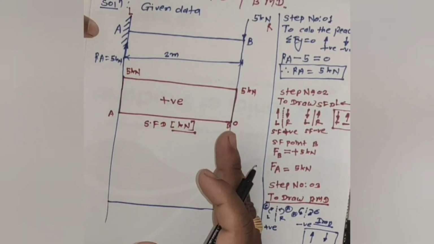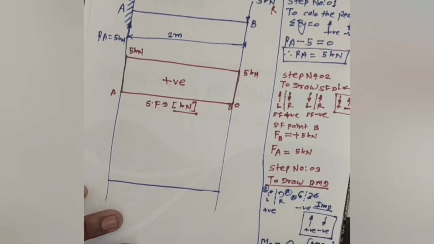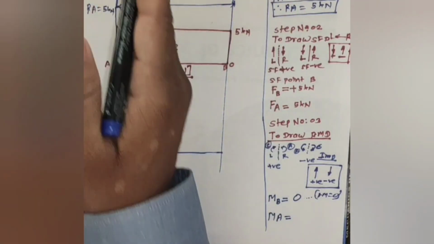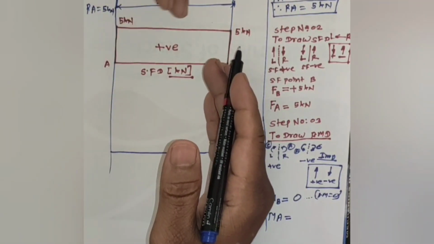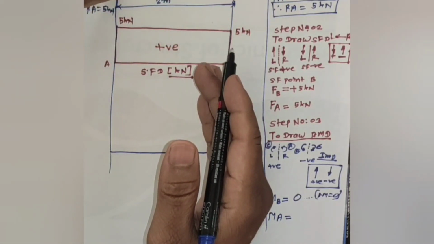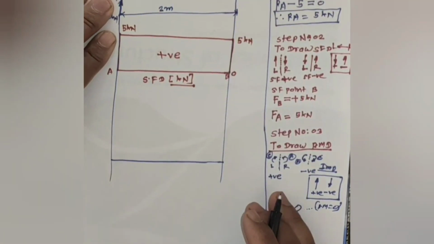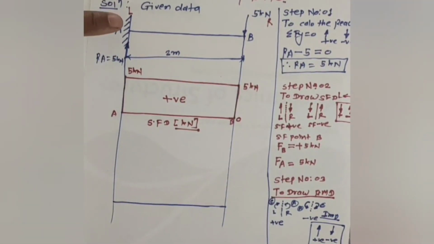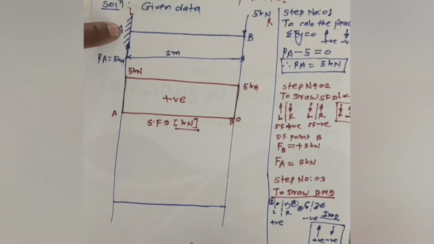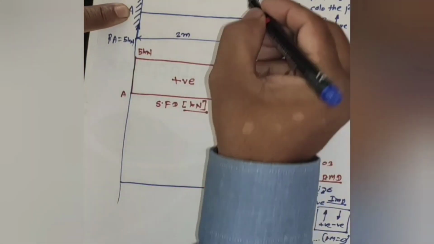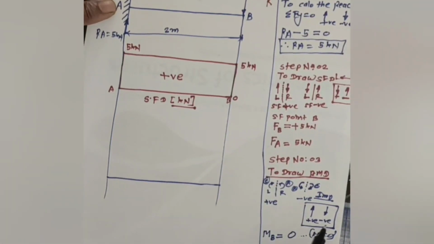You have to calculate the bending moment about point A, and for each and every bending moment of a cantilever beam, you have to start from the free end. Again, when I have to calculate the bending moment about point A, I start again from the free end. At the free end there is a 5 kilonewton load acting downward, and downward you have to consider negative.